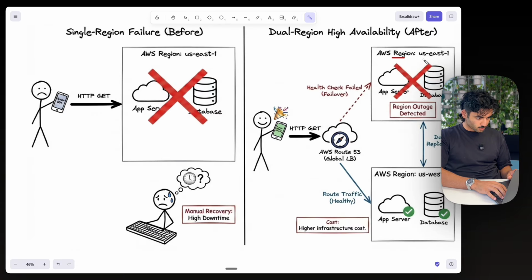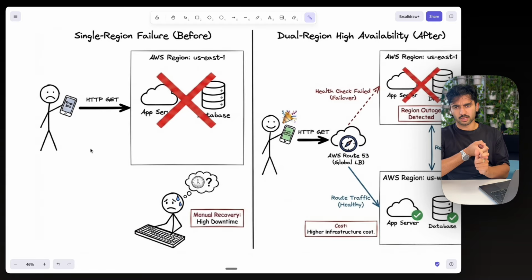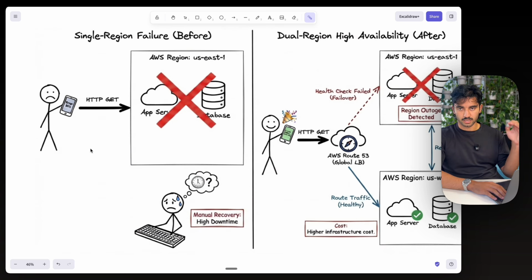So when US East 1 goes down, the health check automatically detects the failure and it gets routed to US West 2, a different region. The user is going to stay happy because they didn't even know that there was an outage. You're going to learn how to build a working multi-region deployment. You'll understand how to deploy to App Runner, set up automatic deployments, and make region-aware apps. You'll do this completely for free and you'll get documentation of your project that you can show to recruiters.